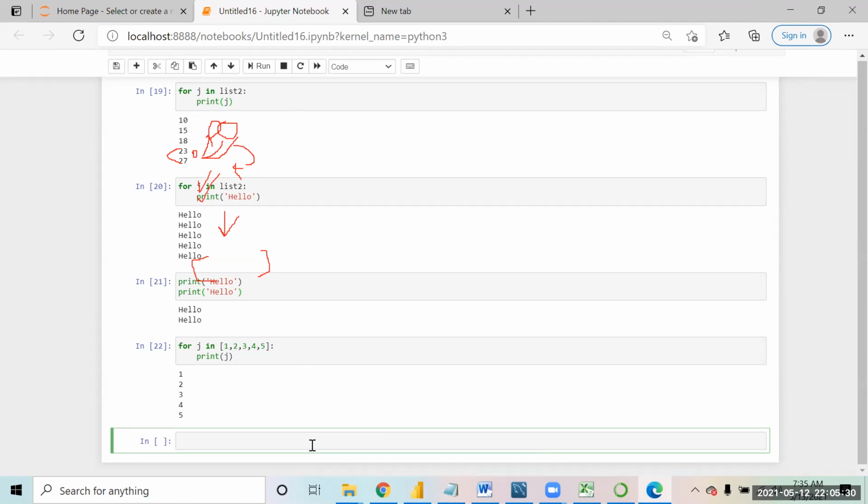Over there, we write it like this: for i in 1 to 10, meaning I want this loop to run 10 times. So i is going to pick up the value 1 the first time, then 2, then 3, then 4, up to 10.